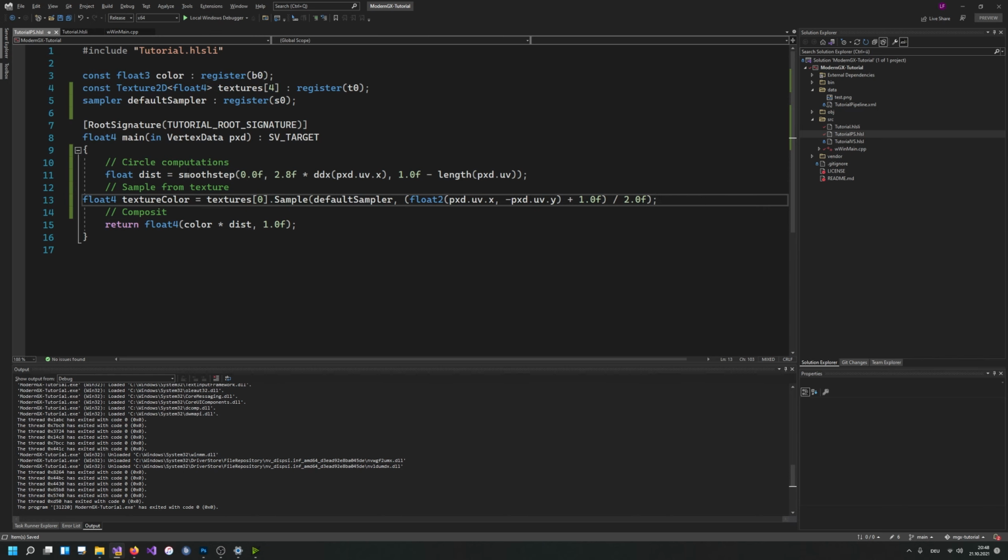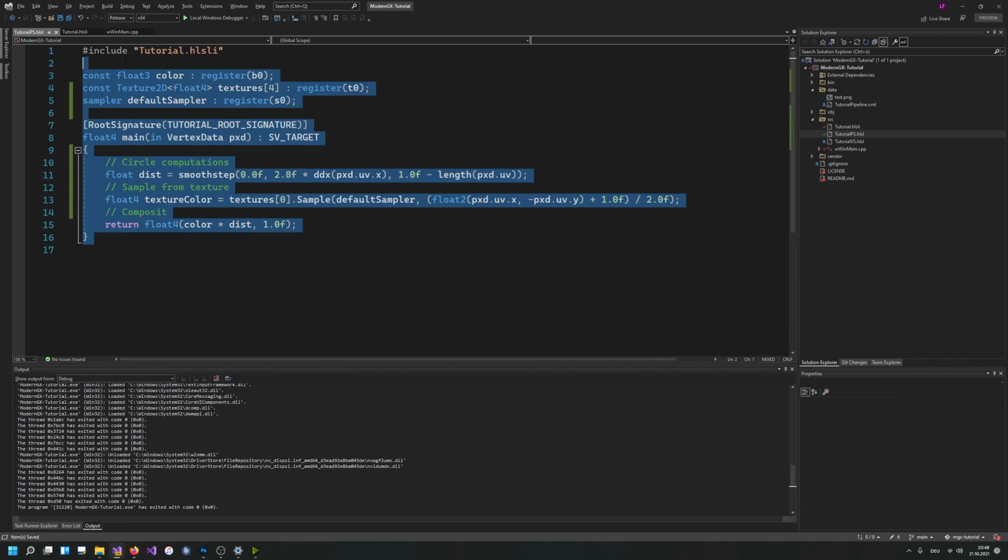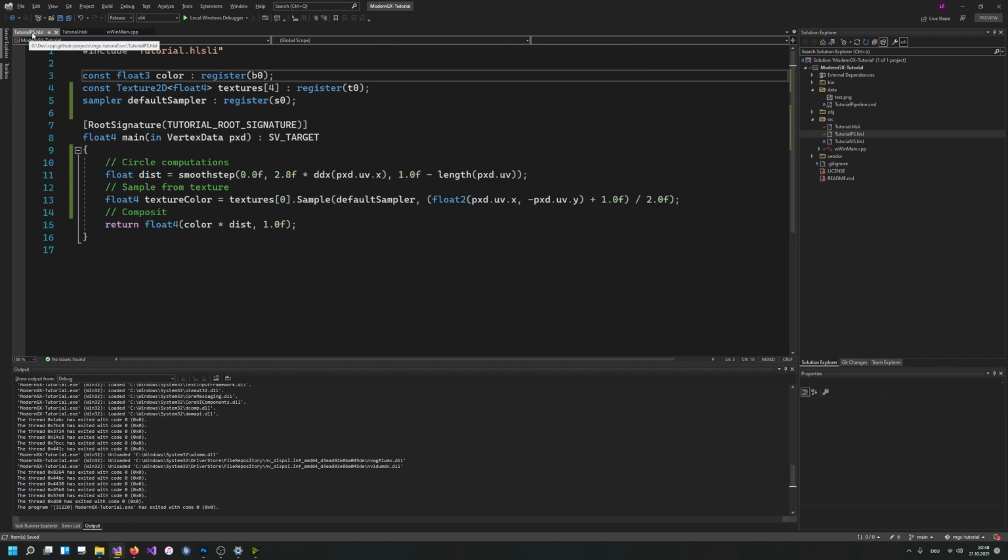This IntelliSense here is so broken. Microsoft never really managed to do proper IntelliSense for HLSL. I don't know why, but yeah, they can't. So basically this should give us the right texture coordinates that we need